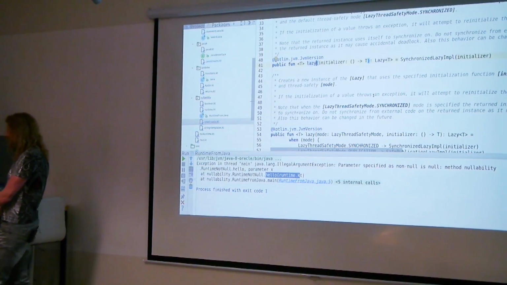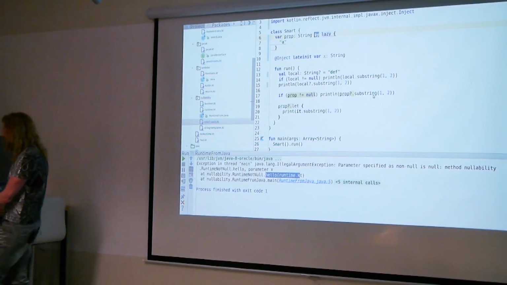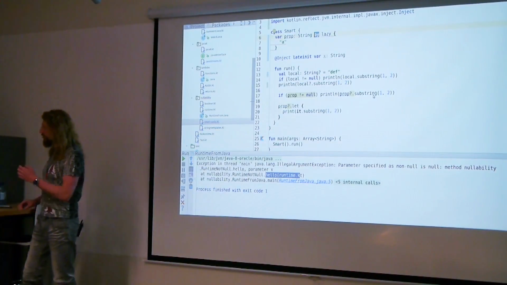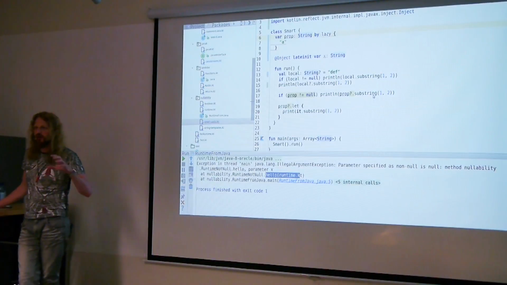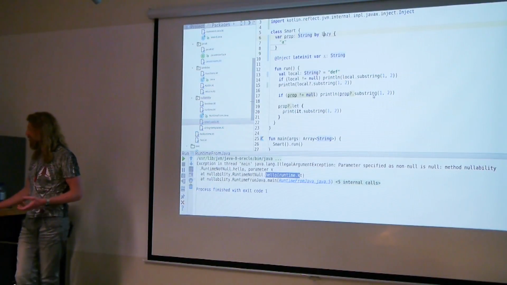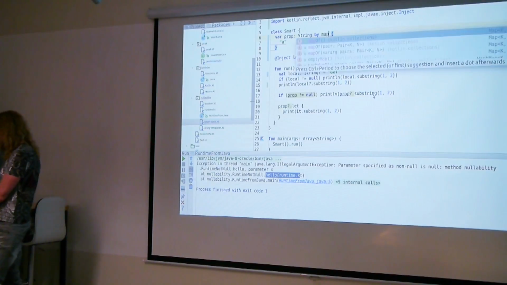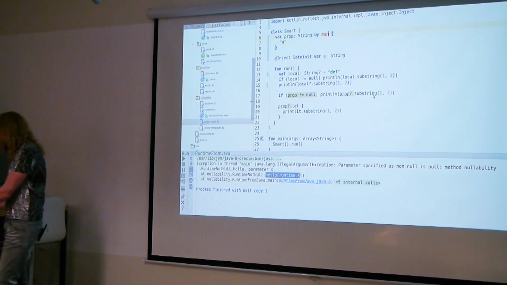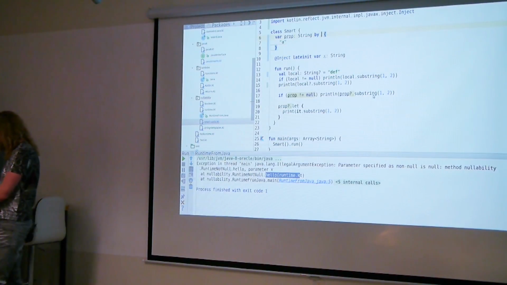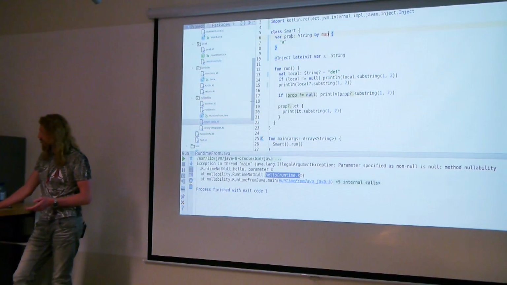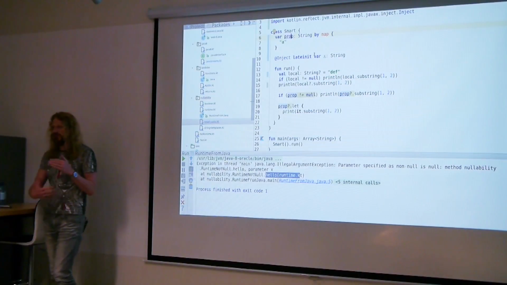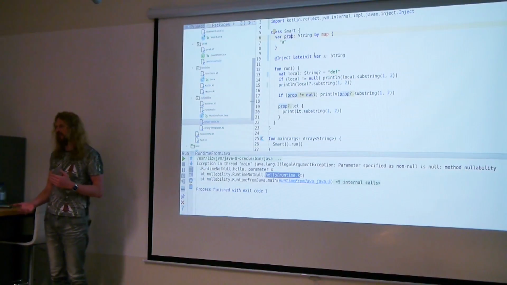But the thing is that by is a built-in language construct that allows you to declare any variables using some other implementation. There is also a feature, by map, I think. The point is that you can declare a class where all the fields are actually stored as values of a map.